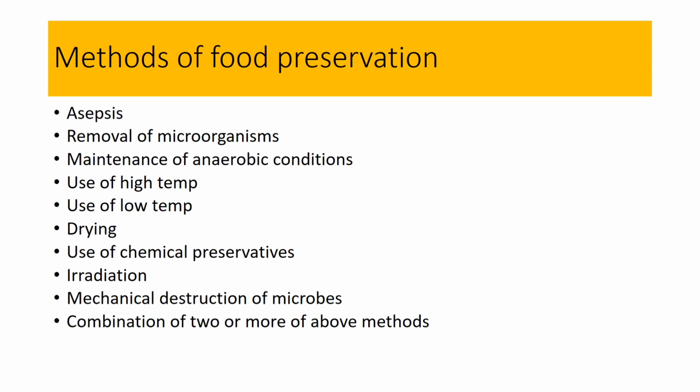These two methods are widely used, and we all know the methods of freezing and refrigeration. They are used for inactivation of microorganisms or slowing down their growth. Next method is drying. Drying is a method which has been traditionally used from ancient times, and it includes the tying up of water by solutes, and because of unavailability of water, the microbes could not grow. Next is use of chemical preservatives, irradiation, mechanical destruction of microbes, such as by grinding, by high pressure,